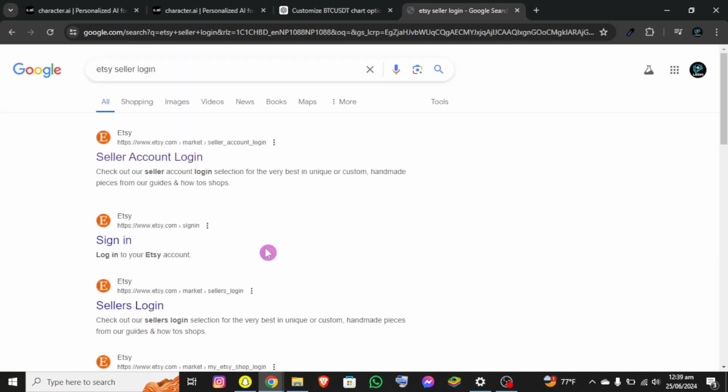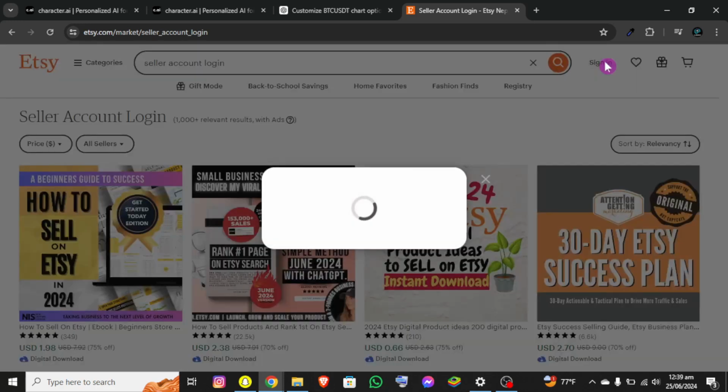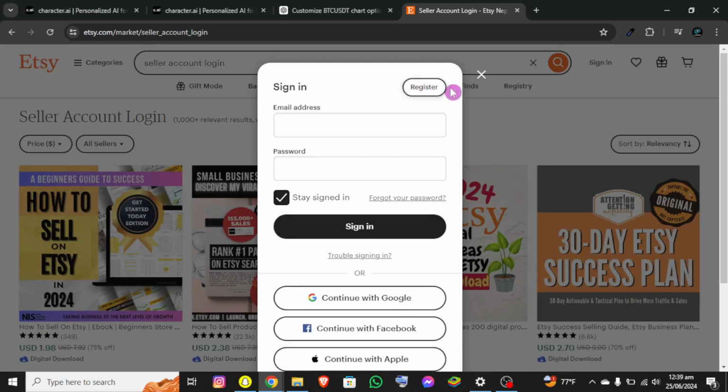And right after that, you will be able to see a link at the top, the sign-in screen, where you need to click on that link, and you will be redirected to the official page of ETSY, where you can see the sign-in option at the top right corner of the browser. So simply click on that sign-in option, and now you can see the register option at the top right